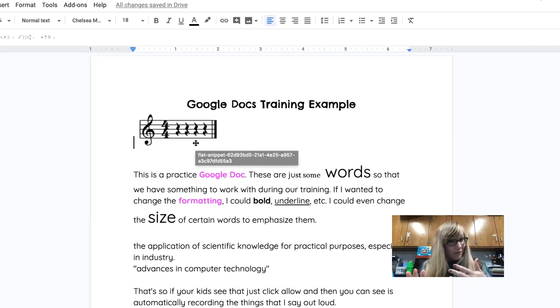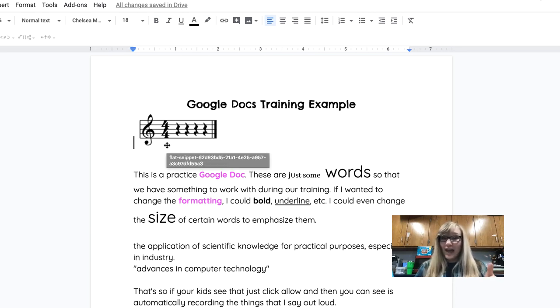A crossover to another Google app, I used this to help an arts and humanities teacher build a Google Form as a quiz for her students right after they finished a musical notation unit. So we built all of this through Flat in Google Docs, and then we just took screenshots of the different measures that she had written out, and we put those as images into the Google Form. The kids were able to see the notation, answer her question, and get a score automatically